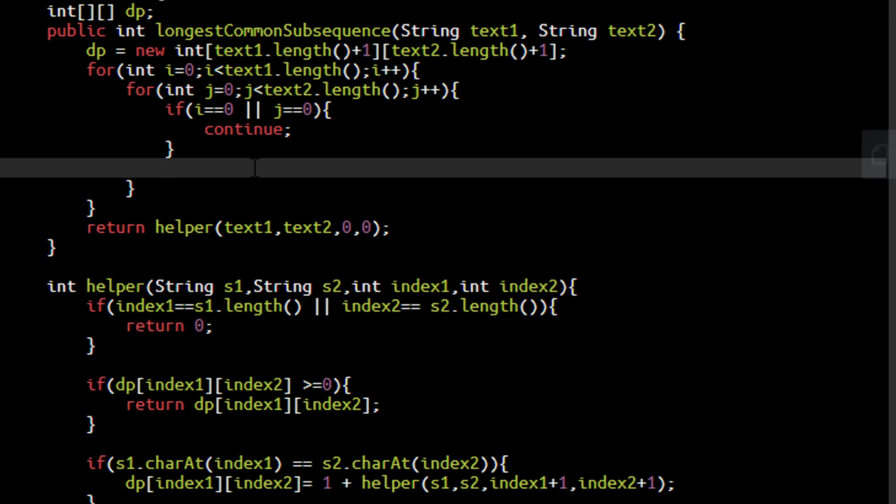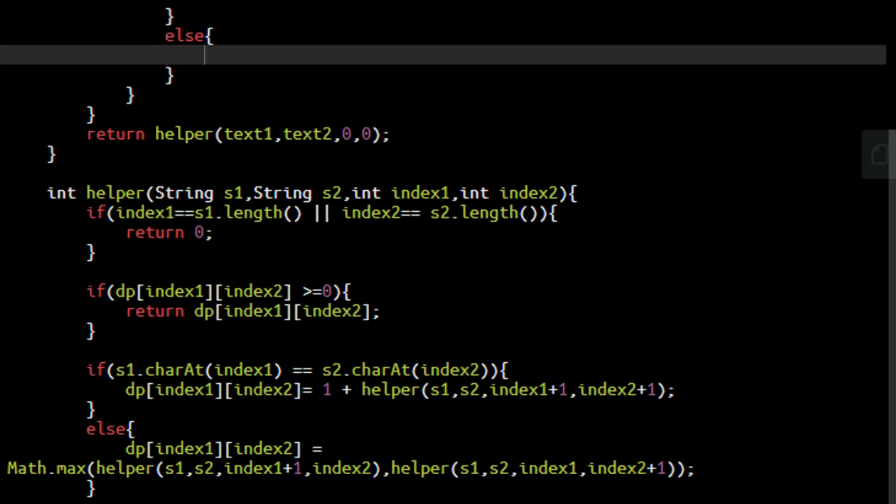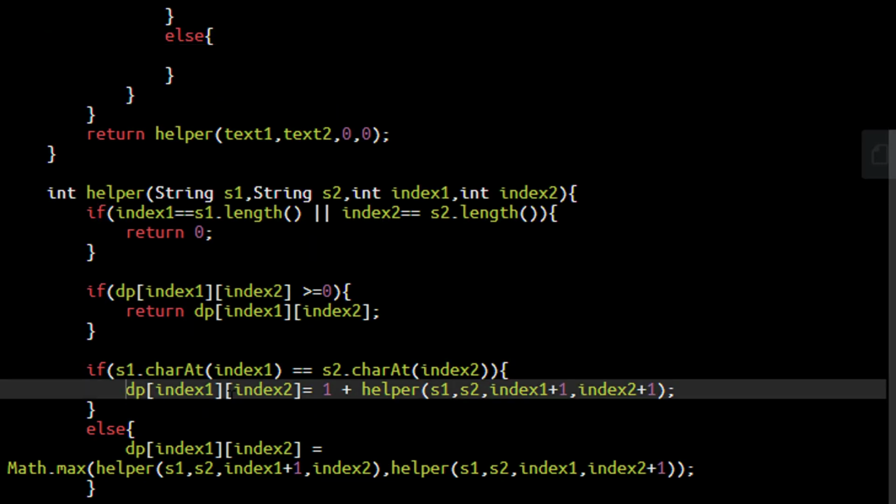Now let's see the two conditions that we were discussing. The first condition is if the two characters are equal, and then the else part. So we will write that first. In the code, if the characters were equal at the given indexes, we were adding 1 and then doing a helper function recursive call to the next indexes.